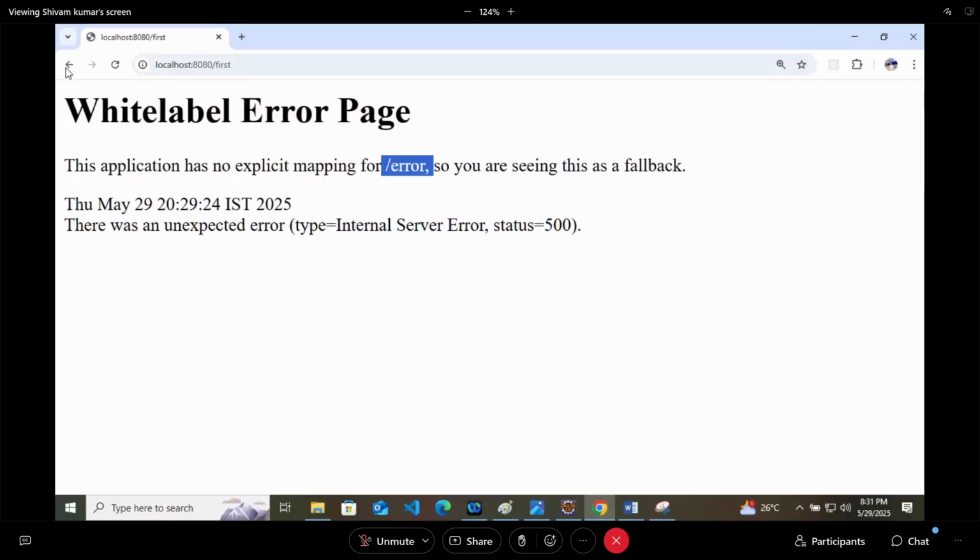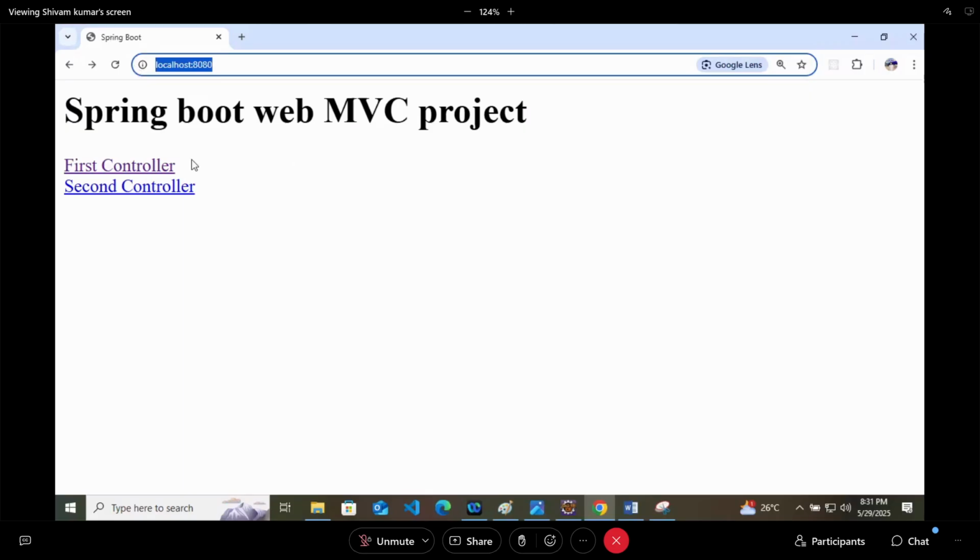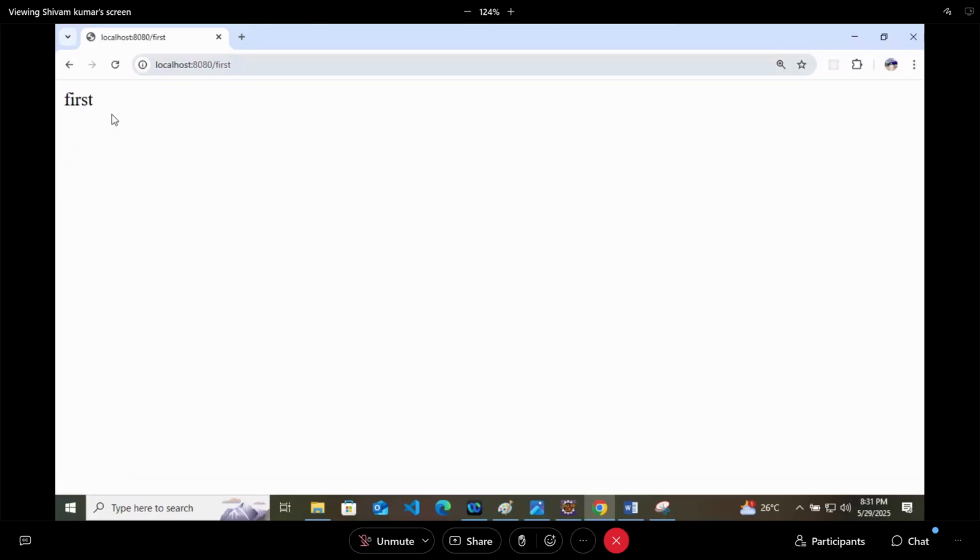But if it is loading first.jsp, let's create some content inside the JSP file. So HTML, and here head, inside head the title is first controller.